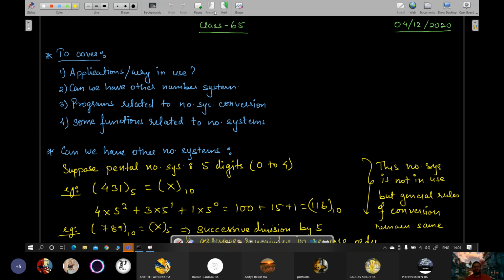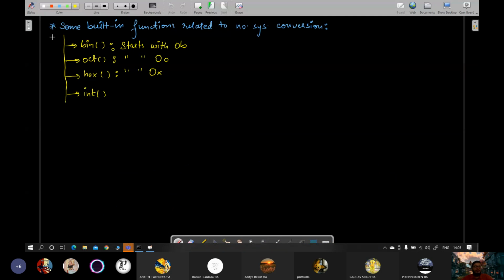So we have seen these two topics. These two are done. Now we will see programs related to number system conversion. The question can be: write a program to accept an integer in decimal number system